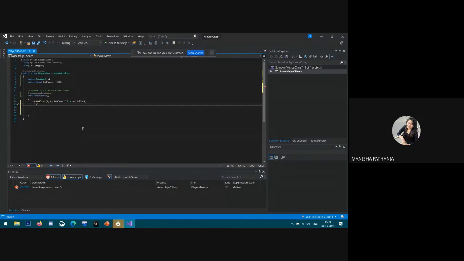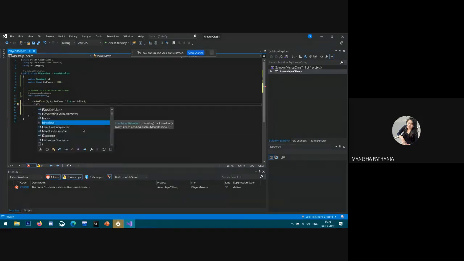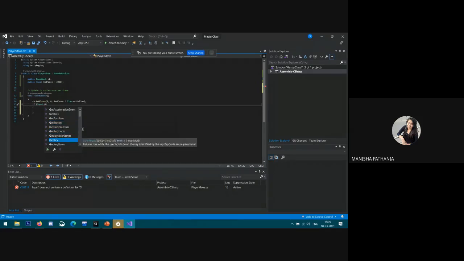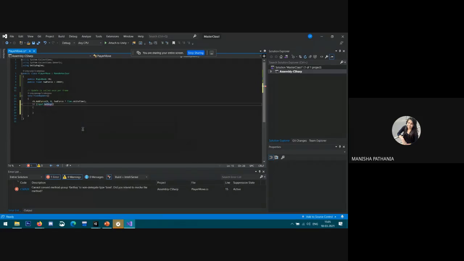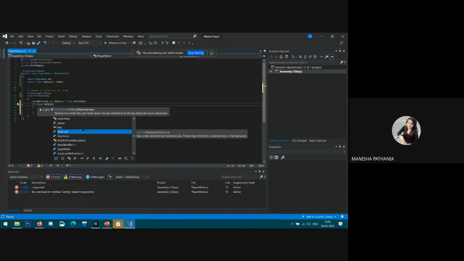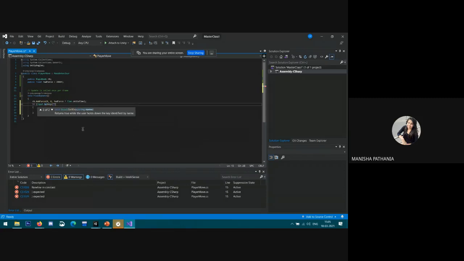Now I'm telling you the scenario. If Input dot, the function used for this is GetKey. Which key I want to use, I write here in double quotes, because that is a string.